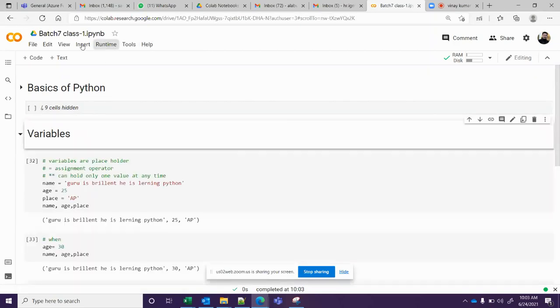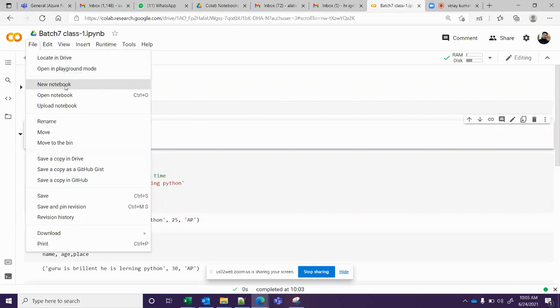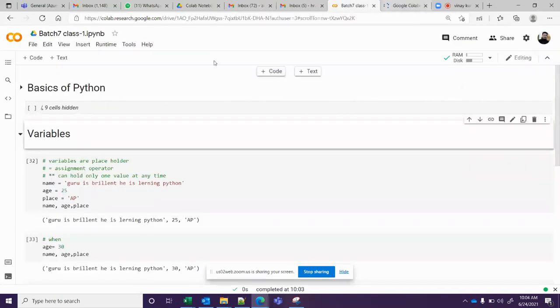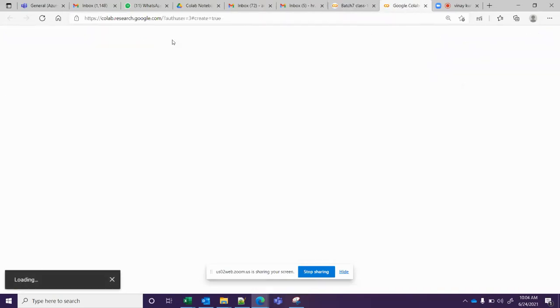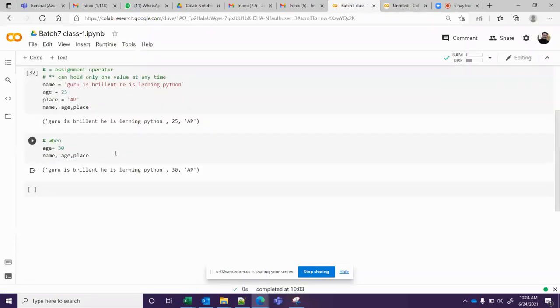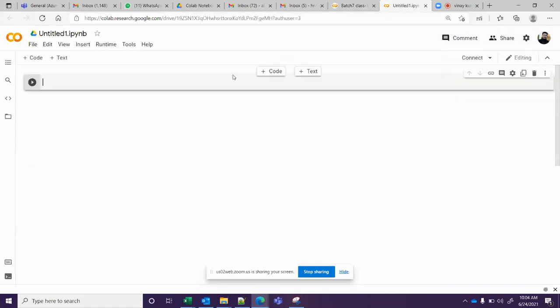I told you yesterday you need to open a new notebook. Looking at my notes, you should also parallelly type your notes and practice. You should make notes in your own words. Don't follow my words, follow your own words. Type it here, then only we'll learn. Otherwise, it's very difficult to remember over time.